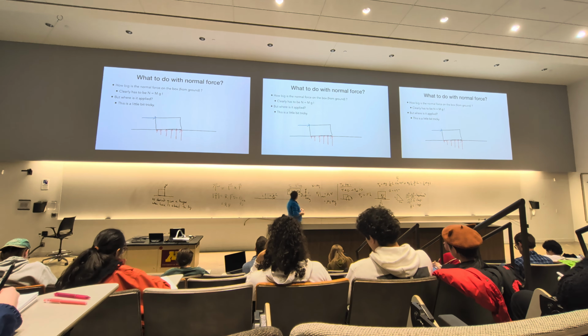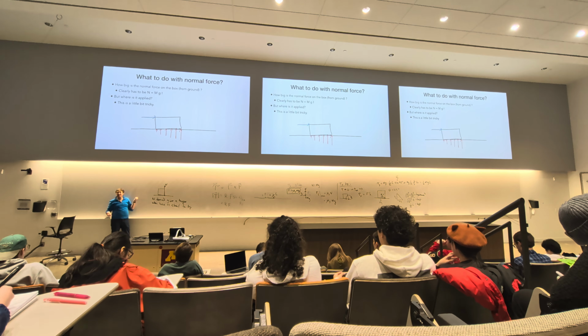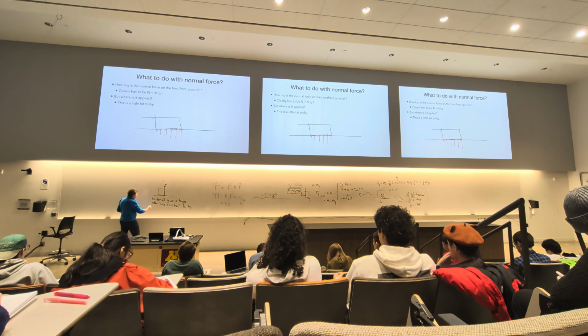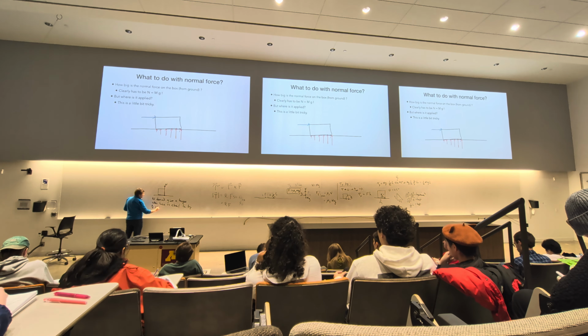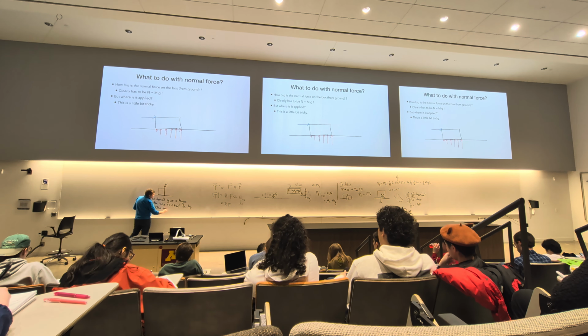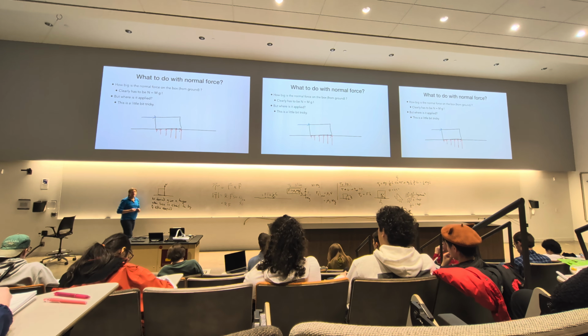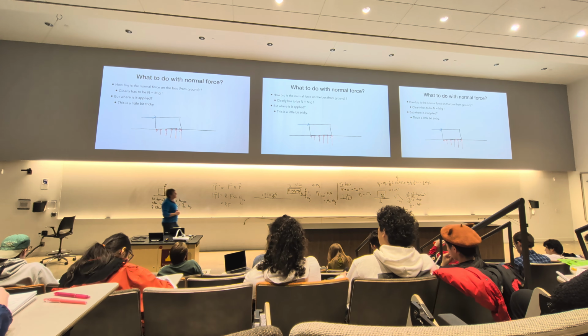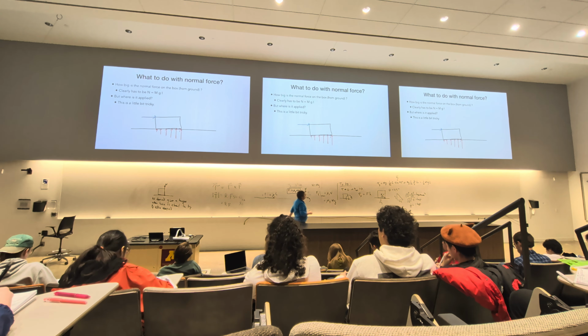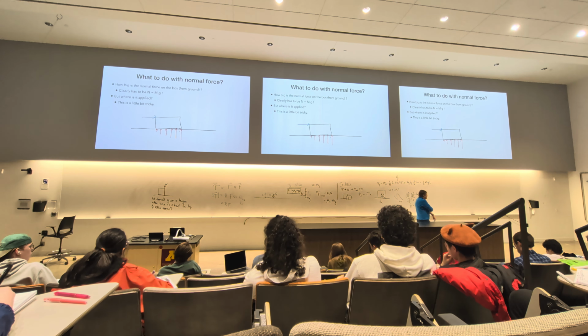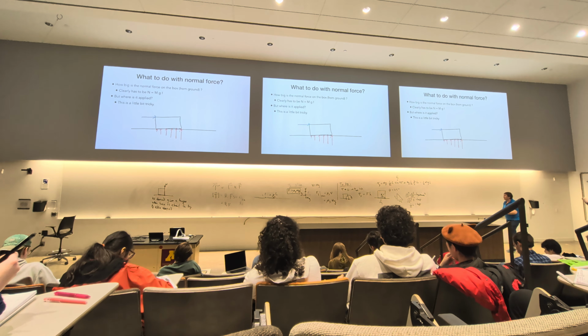Same comment as for the normal force, right? Just when it's about to tip, friction is pulling you that way. But the only place it has to act is at the pivot. And even if you don't think about it that way, friction is always that way, right? Which is always directed through the pivot. So that means the only two forces we got to worry about for tipping are gravity and the force we pull with. And so, despite how much I've been able to cover the board with scribbles,